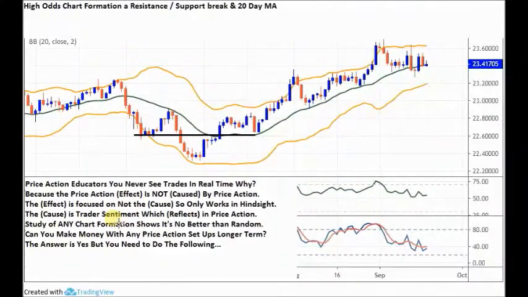You can actually do a study in terms of price action trading, where you can take any chart formation you want. You could take the one I've just given you here. You could take, I don't know, a Gartley pattern, a head and shoulders, top, bottom, triangle, whatever you want. Test it over the longer term, and you'll find that no chart formation on its own will give results that are better than random. And this has been proved in numerous studies,